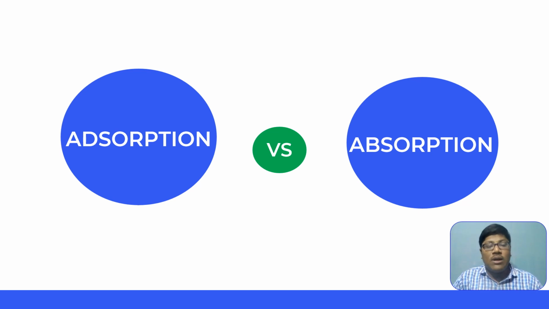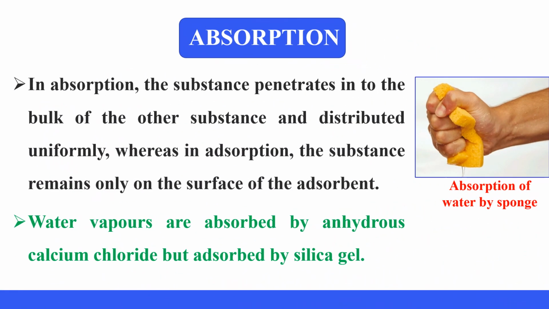Let us discuss the differences between adsorption and absorption. In absorption, the substance penetrates deep into the bulk of the other substance and is distributed uniformly, whereas in adsorption, the substance remains only on the surface of the adsorbent. From this picture, you can see the absorption of water by a sponge. Here, water molecules enter deep into the bulk of the sponge material,